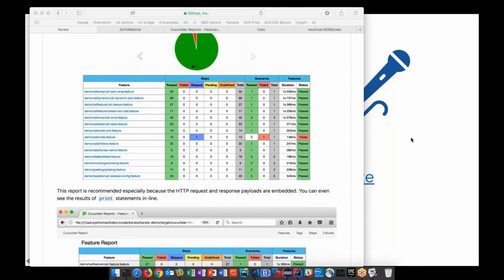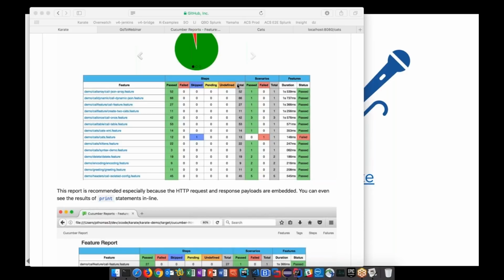Next question, Deepak Gopal says, are you saying Karate doesn't need TestNG? I'm absolutely saying that Karate does not need TestNG. Yes, you do not need, for example, the TestNG data provider annotation anymore. It's all built into Karate, looping, environment switching. It's a one-stop shop. You don't even need assertions from TestNG at all. It's all built into Karate. So yes.